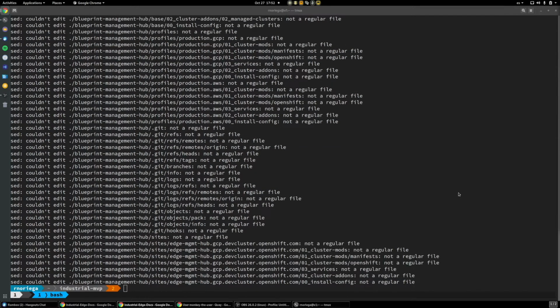This is going through all the files and performing a replacement of the string. And we are doing the same for Quay. I'm going to show you now the commands. We are changing